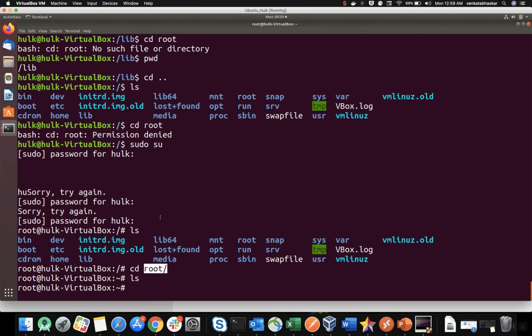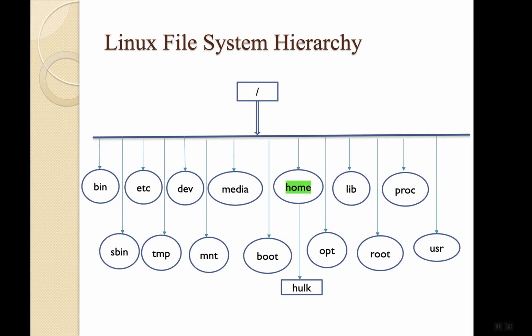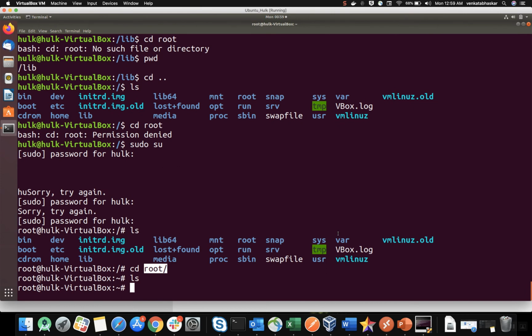Okay, what is the difference between this root directory and this root? This slash indicates your whole Linux file system. This root is for the super user, for all your sub users. That is why this is a root user. See, previously when I logged in with my home user, what happened? cd root, permission denied.